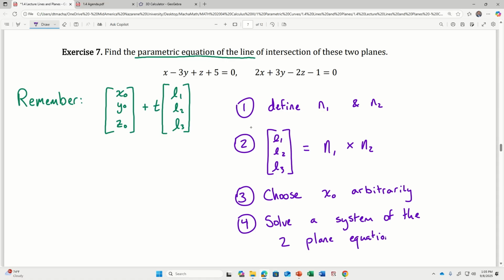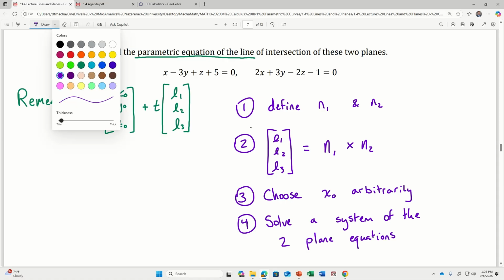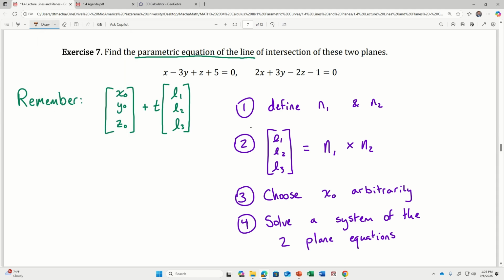That's our plan. So let's see what that looks like. N1 is going to be the vector with what entries? Perfect. 1, -3, 1. N2, the vector normal to the second plane, has what entries? 2, 3, -2. Okay, so when I take their cross product, what I'm thinking about is